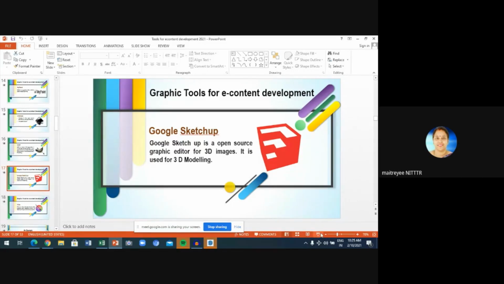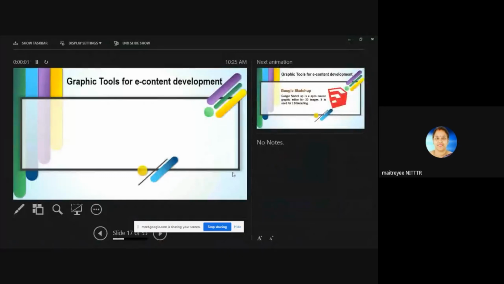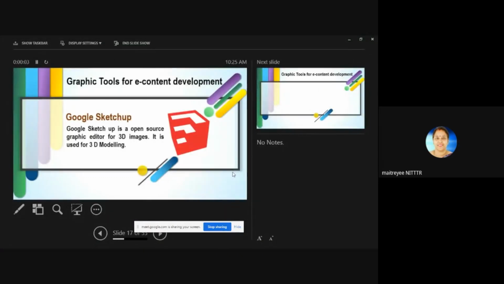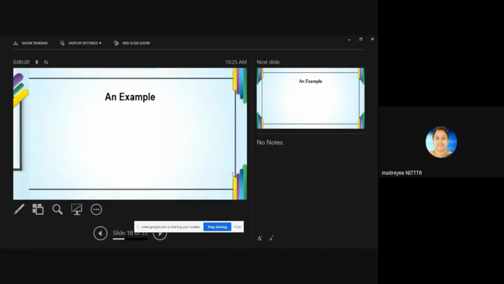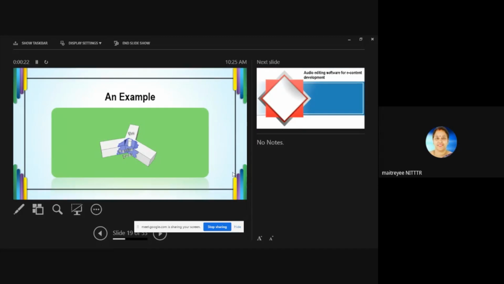So this is your Google SketchUp. I have just given you just an essence of how easy it is, right? Okay, next is your Krita. Krita is also a free and open source graphics editor, and it is designed primarily for digital painting and animation purposes. And this is an example that we have drawn with the help